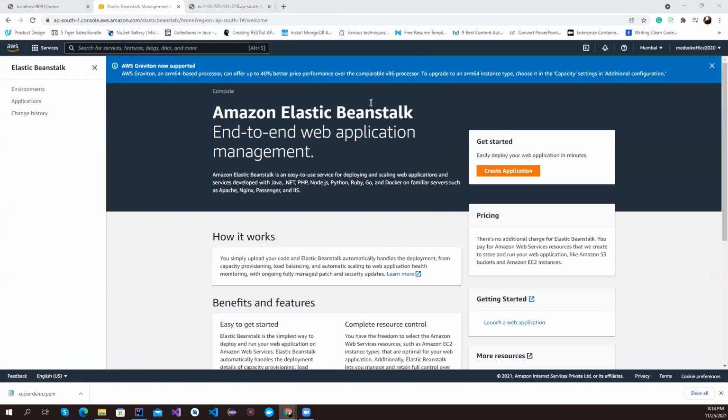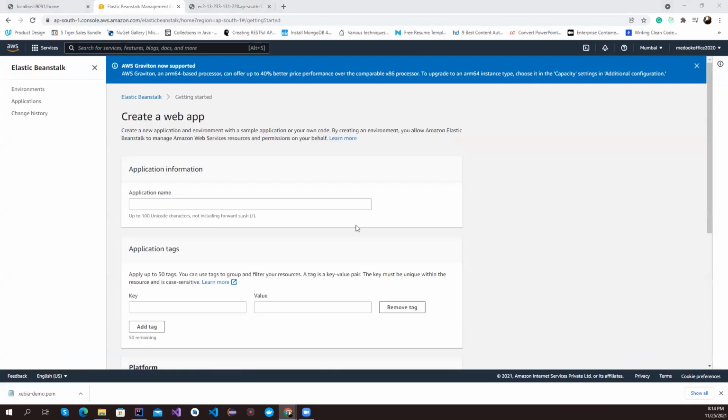No issues with that. So when you open Elastic Beanstalk, this is used to build end-to-end web applications. I can create a new application here. You can give a unique application name. If the name is already there, you can't use it. So let's say this is going to be AWS Spring